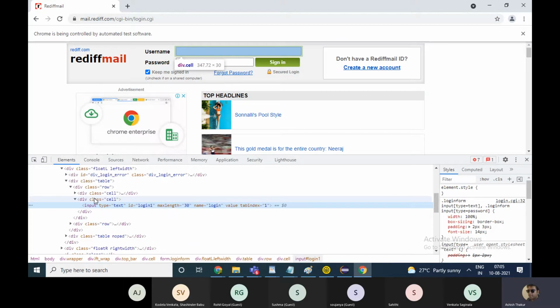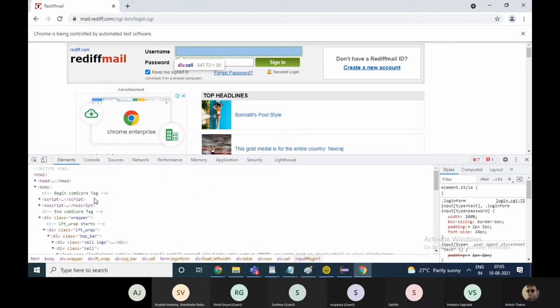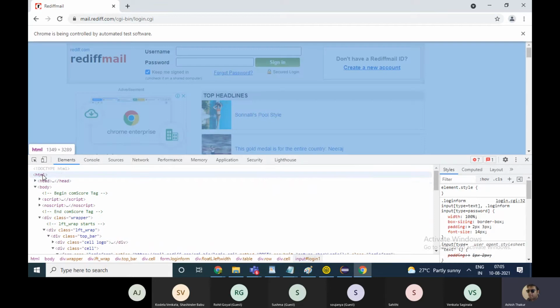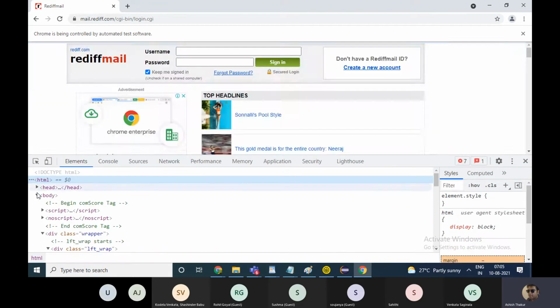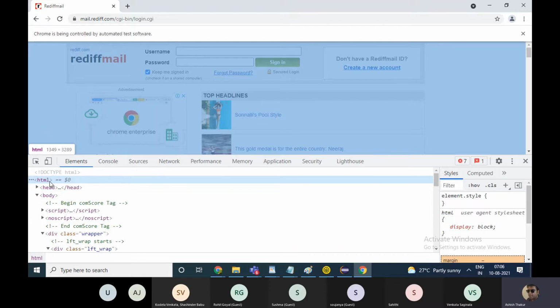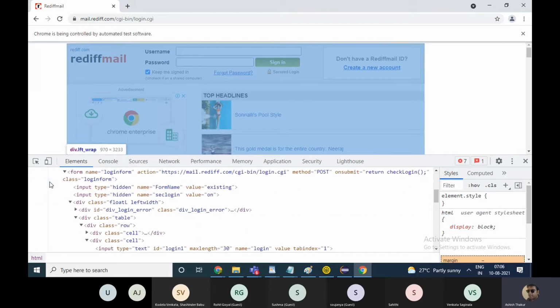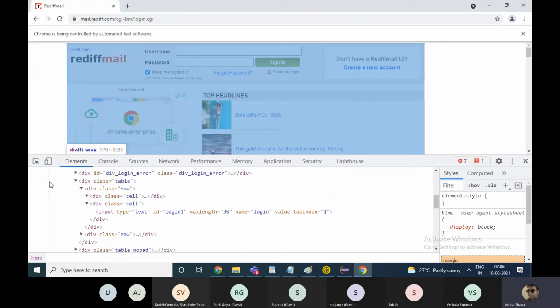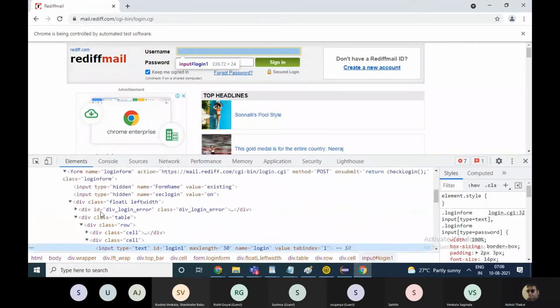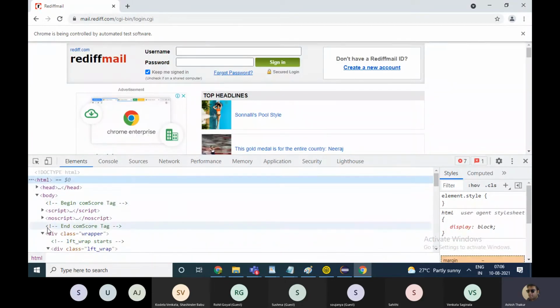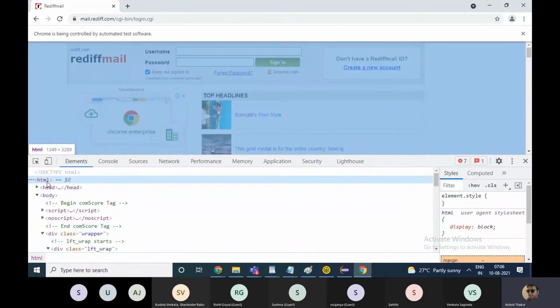Now everything is starting from this tag over here, which is the HTML tag. This is the root tag, and under it somewhere the input tag of the username lies. So we'll start building our XPath from this HTML tag.